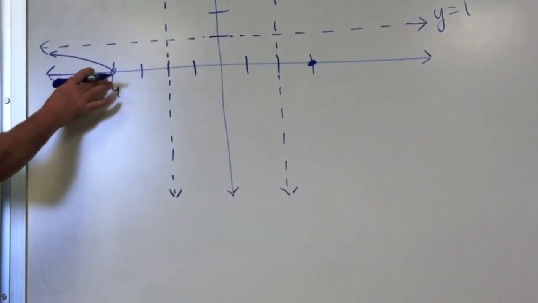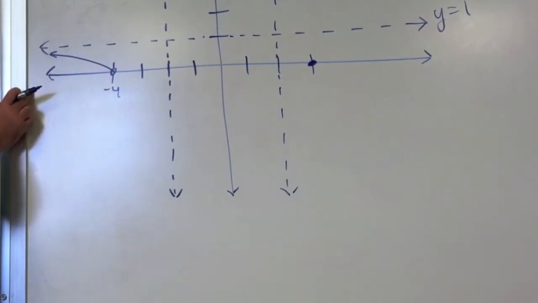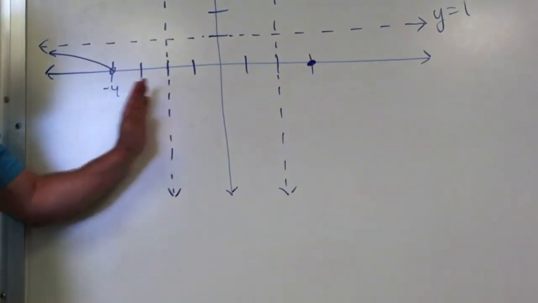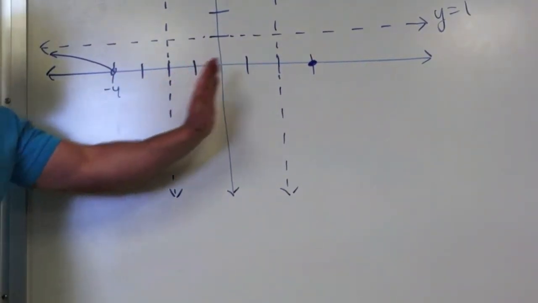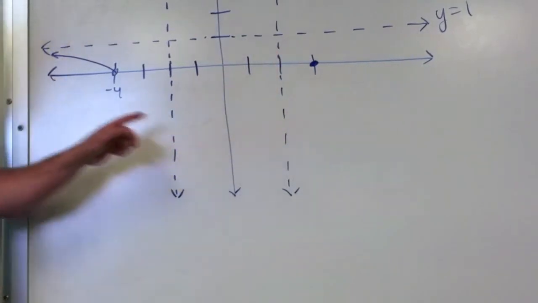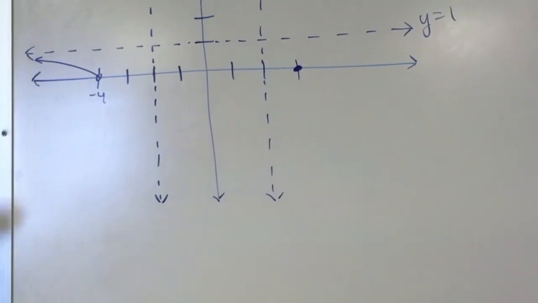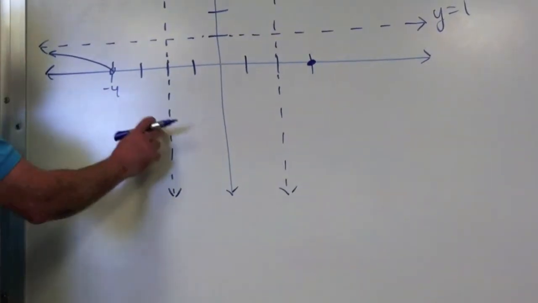For negative numbers that are to the left of -4 on the number line. If you plug in -5, here's the rule: it's going to stay the same sign, positive or negative, in between each of these intervals, from the zeros to the asymptotes, to the asymptotes to the zeros. So if it's positive for any point over here, it's positive the whole time. Now, between -4 and -2,